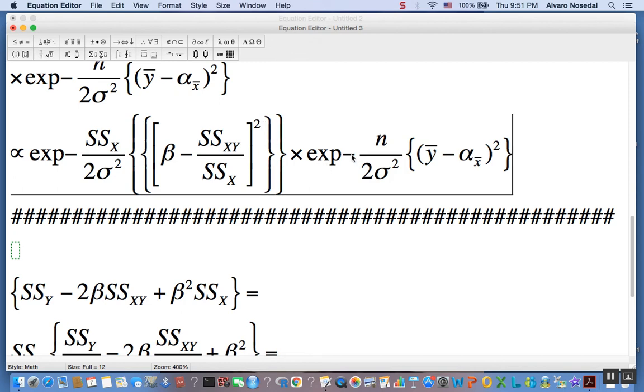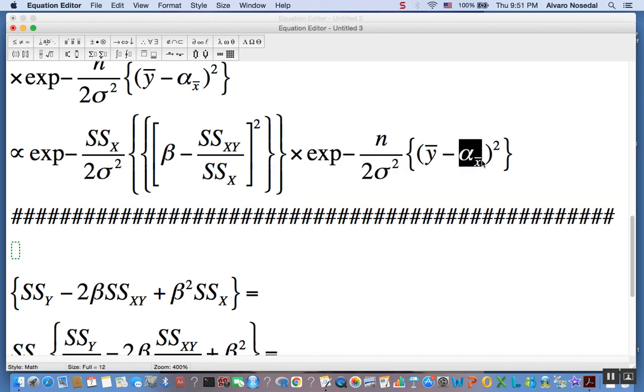Here, e to the -1 divided by 2 times sigma squared to the power, in this case, we know that y bar minus alpha x bar, that's the same as doing this. Y bar minus alpha squared, oops, is the same as alpha minus y bar squared, right? Okay,